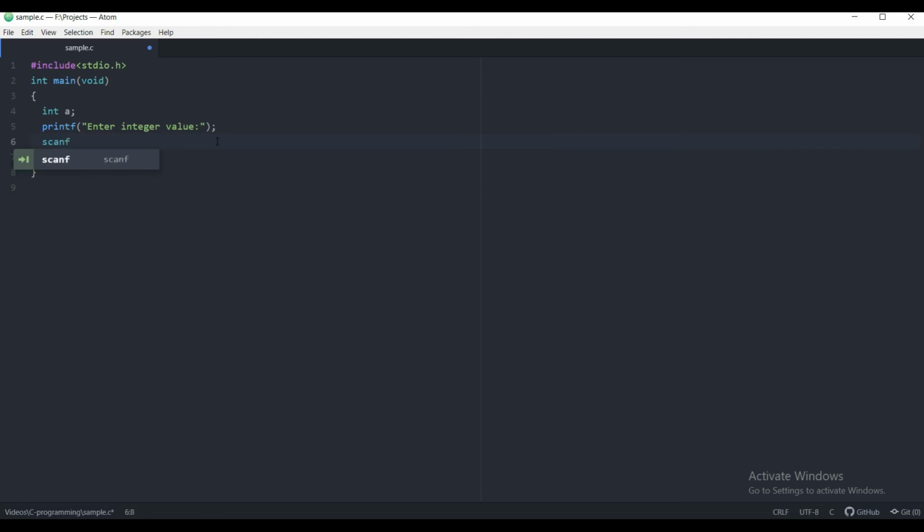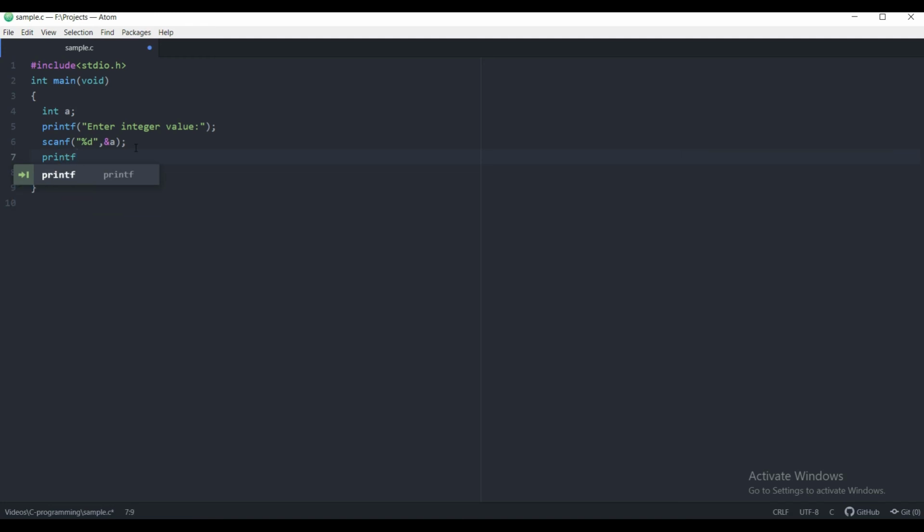Then we have to use scanf. Scanf is a function which can take input from the console. So the specifier for integer is %d. Then we give a comma and the address-of symbol and the variable name. The address-of symbol means the entered value will be stored in a box. Let a be the box, then this value will be stored at the address of that box. It tells scanf this is the address of a, so it will find the address of a and store the value there.